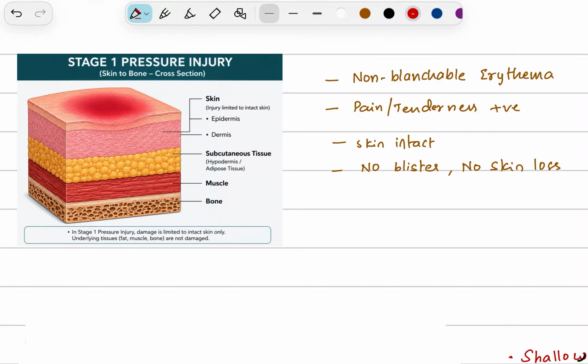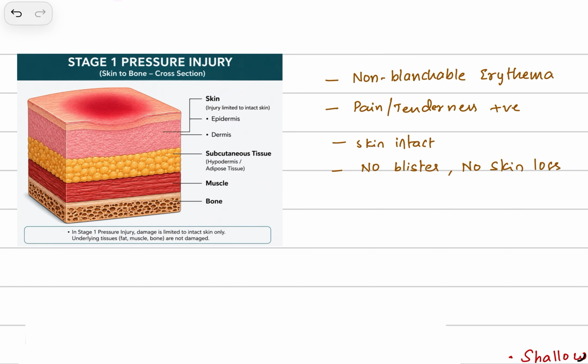It is actually up to the bone, but it is covered with slough, that means dead cells, and above the dead cells some blackened necrosed part also, that is called eschar. Eschar and slough covering the fourth stage, then it is called unstageable. That is it. Very easy, right? Are you understanding? Yes. Now we will see one by one.